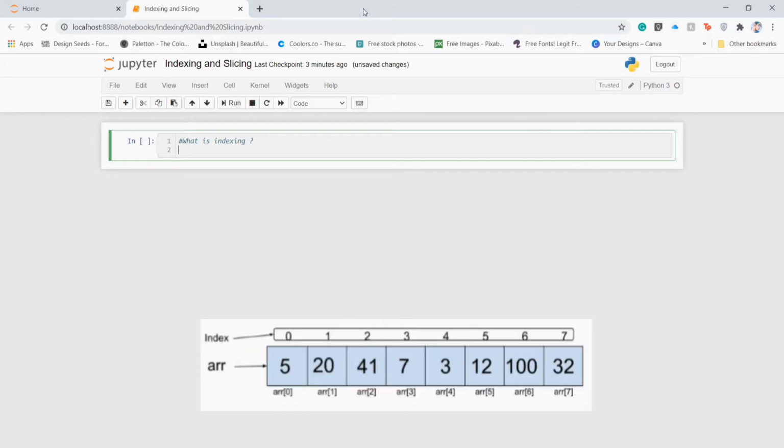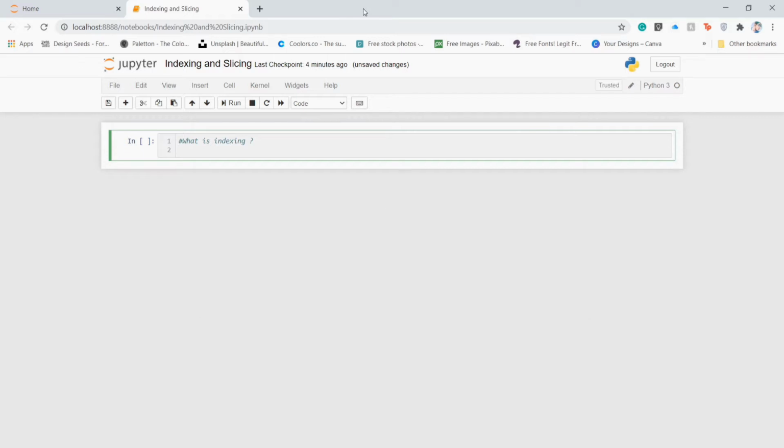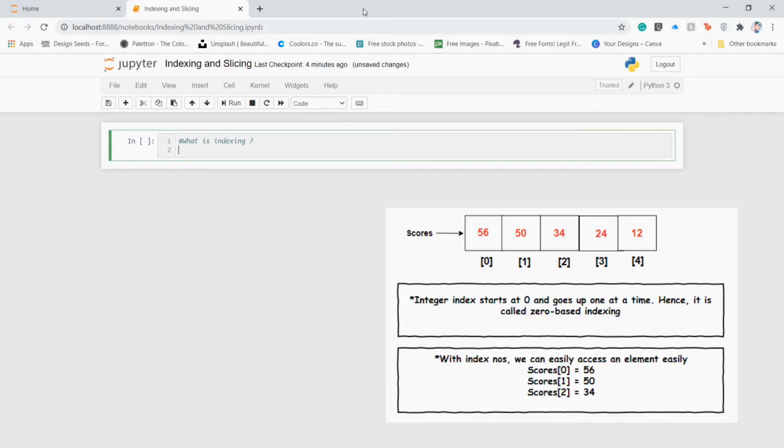Let's say I have a list of n number of data. The first index of that data would start from 0. Our first index value is always 0. In the case of array or list data types, we start our index value from 0, and it goes through n number of data which you have given. But the key thing to remember in indexing, let's say